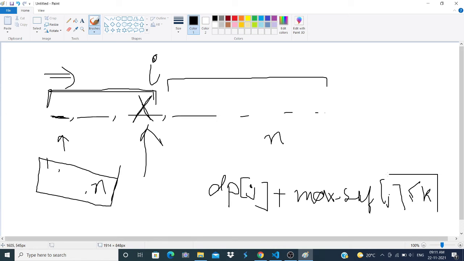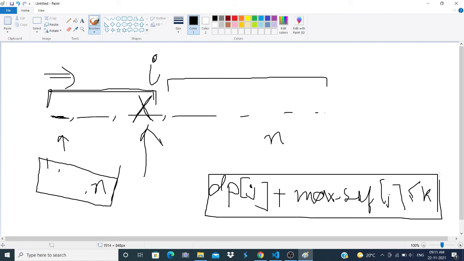If it holds for all the values of j, then yes, it is possible to put the element x over here, otherwise it is not.